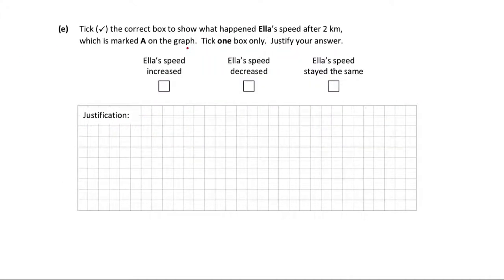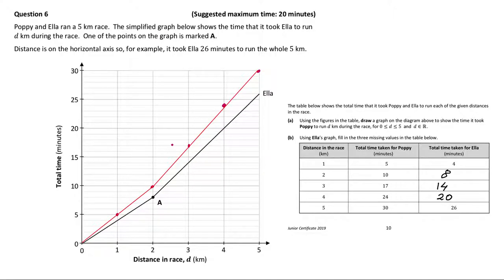Now we have to tick the correct box to show what happened to Ella's speed after 2 kilometers, which is marked A on the graph. Tick one box only and justify our answer. So let's look back at the graph. In the graph, we know that it took Ella 8 minutes to run the first 2 kilometers. So her speed was 4 minutes per kilometer